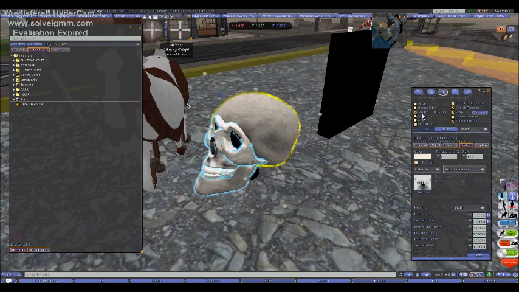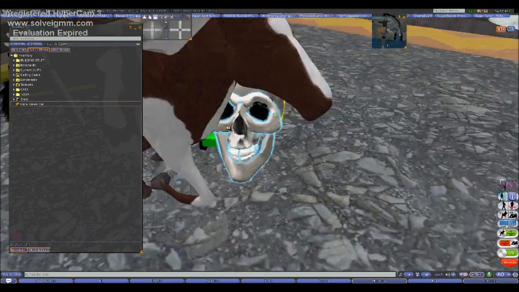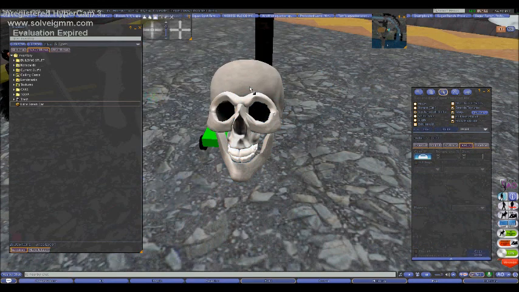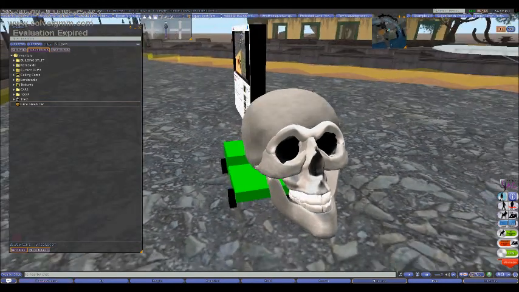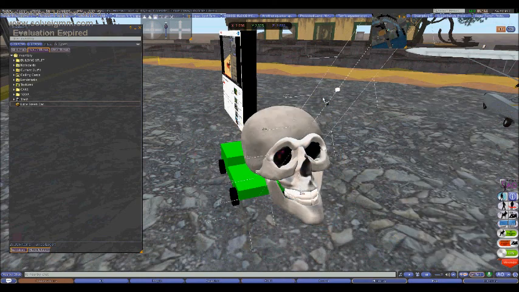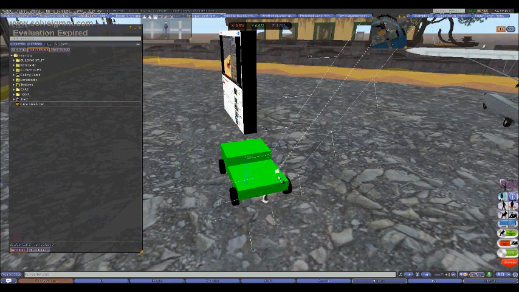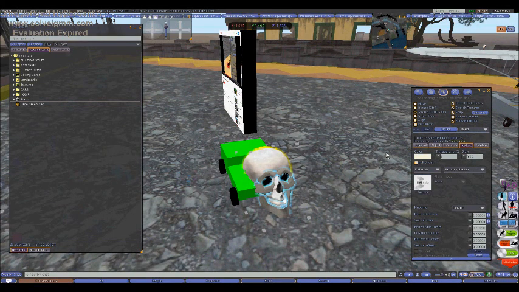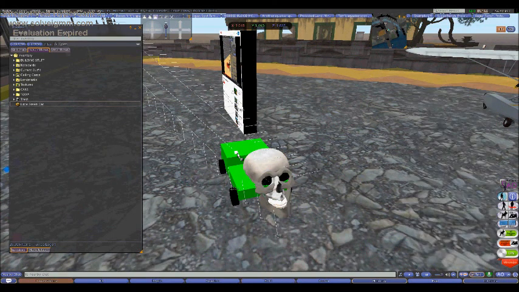It's too big, so you just hit stretch, and oh, goodbye horse. Gonna delete the horse. We have a copy of it always in our inventory, so you can delete copies on the outside and you'll still have them in here. Hit stretch, and we're just gonna shrink that skull down, and it'll shrink down pretty good. Hit stretch both sides and just grab one of those